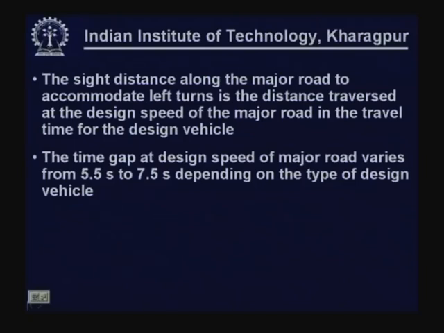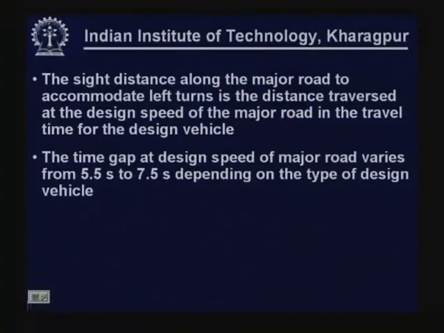Whatever travel time is required for the design vehicle to complete this left turn, and that much time, whatever distance is covered by a vehicle which is traveling along the major road at design speed, that will give us the length of the required side distance